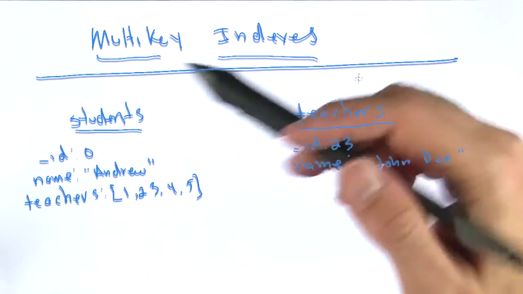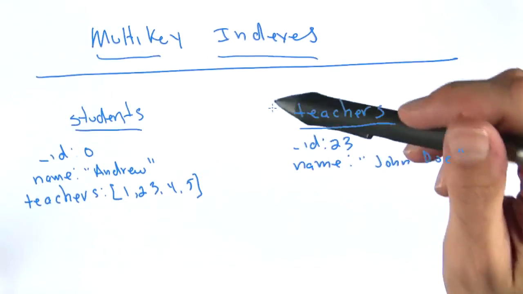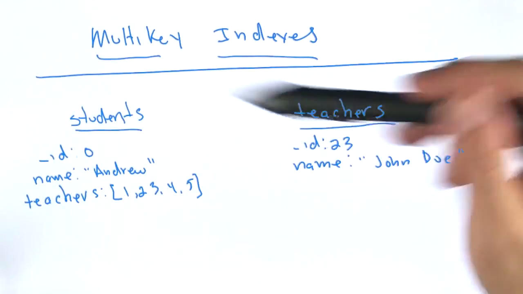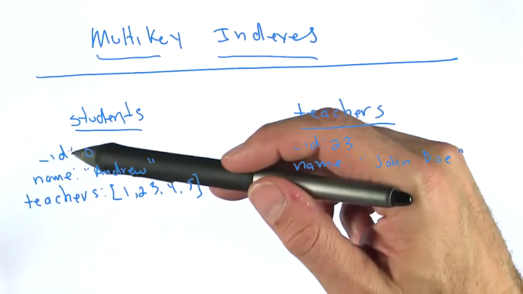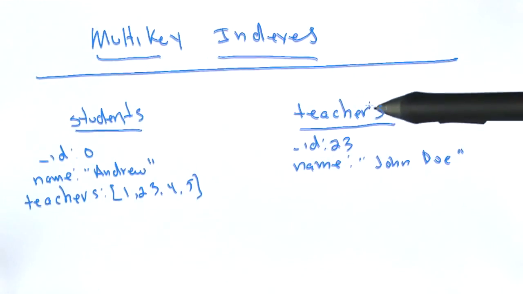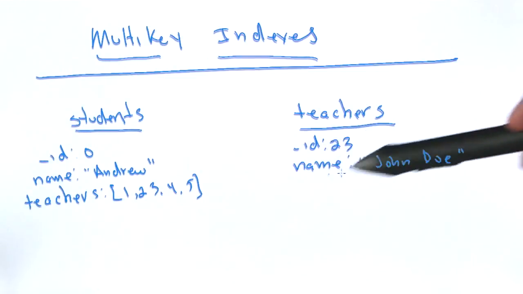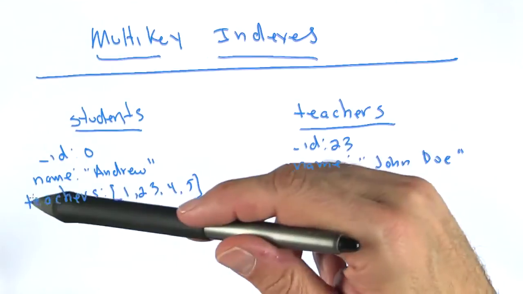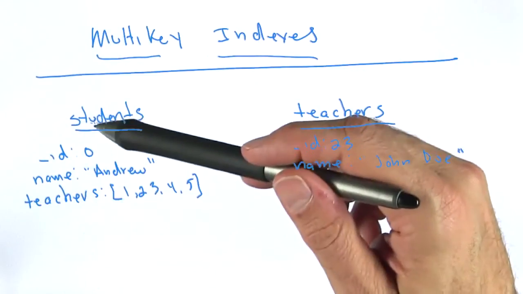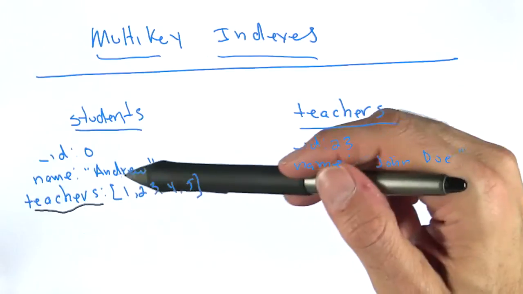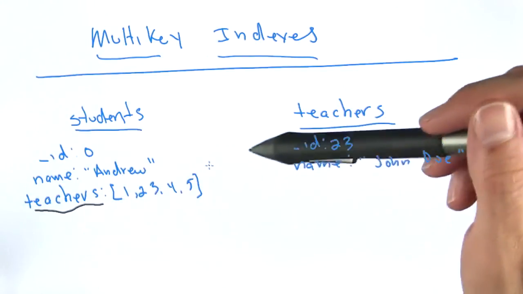a student has multiple teachers and a teacher has multiple students. And one of the ways we talked about modeling it was having a students collection where we have an underscore ID for each student and a name for each student, and a teachers collection where we have an underscore ID for each teacher and a name for each teacher. And then we link these two across by having a teachers array in the students collection right here, this teachers array. And in this teachers array, we list out an array of all of the underscore IDs representing the teachers